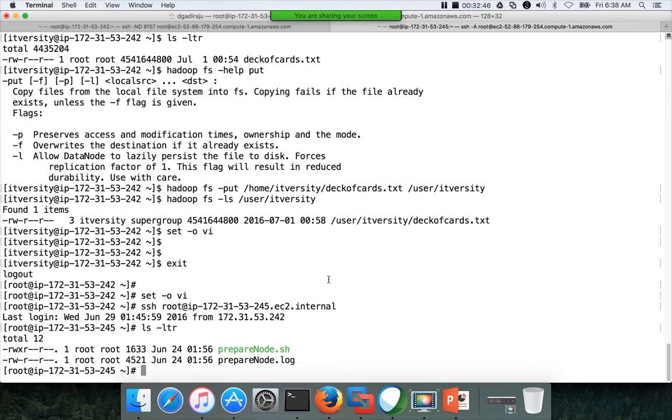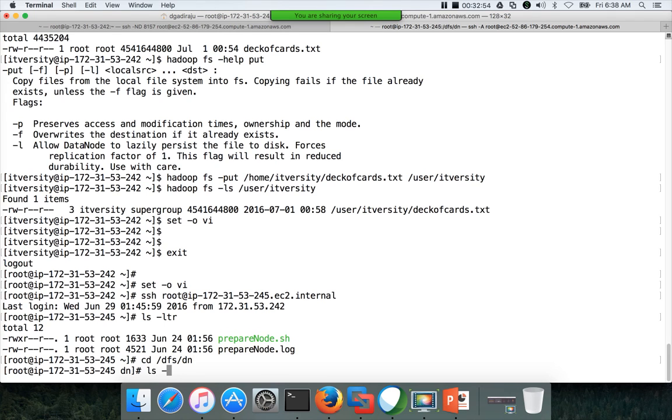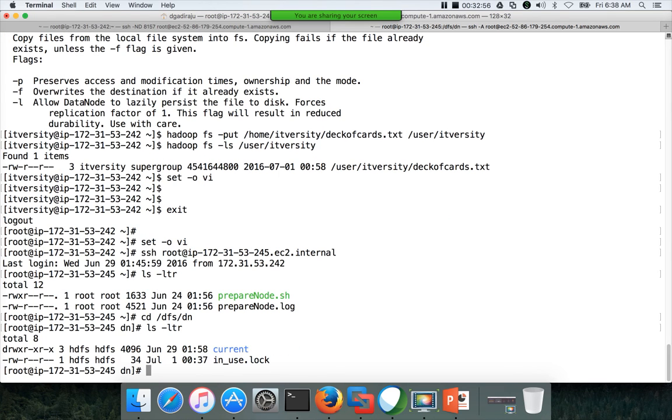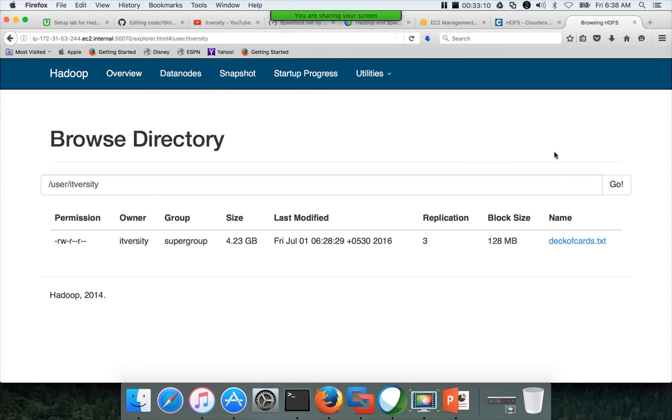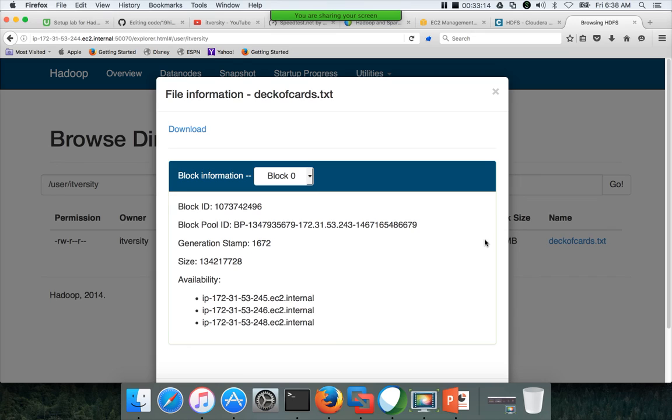Now if I go to dfs/dn and run ls -ltr, it has its own way of managing the directories and files, so we don't need to understand the complete logic behind it. The easy way to explore it is to go to browsing HDFS, meaning the NameNode web interface.